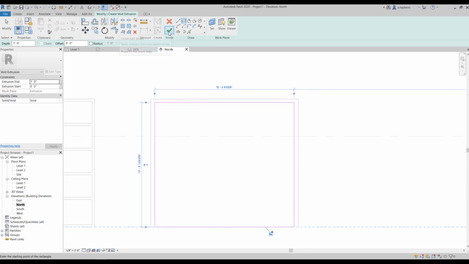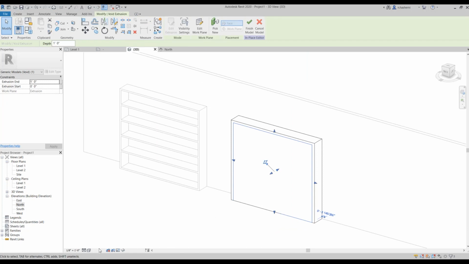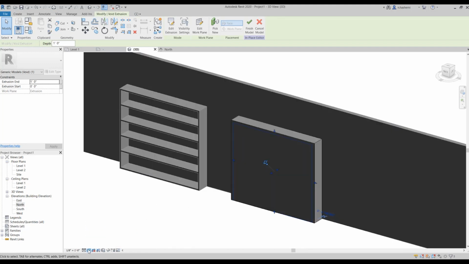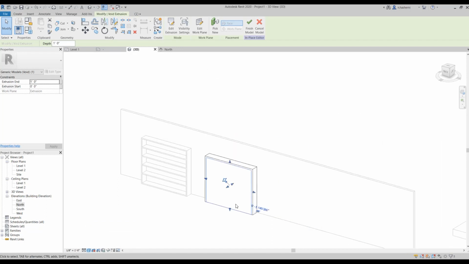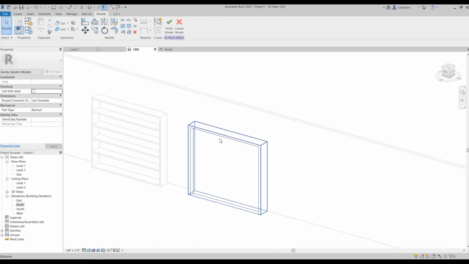Okay, and hit check. Okay, so if you couldn't see the void, actually, this is the void, okay?